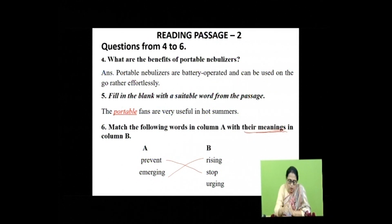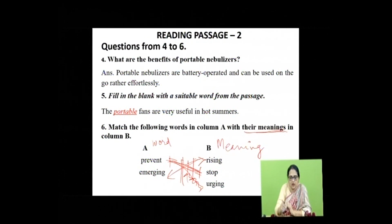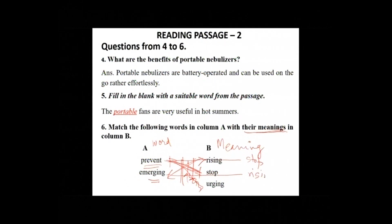So sometimes you do cross like this, but you have to be very careful. You just write the word here, word and meaning. Write the correct meaning. Don't do it like this. At times you do this, then you do this, so it is not right. Then you cut it, then you don't know, then you put arrows. So this is not right. What you do is write the correct word this side and the correct answer here. So you write prevent is stop, emerging is rising. So write like this. So we go further,